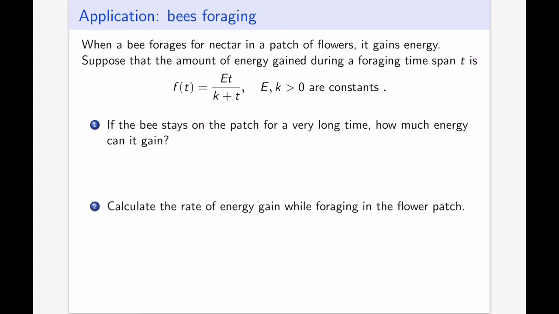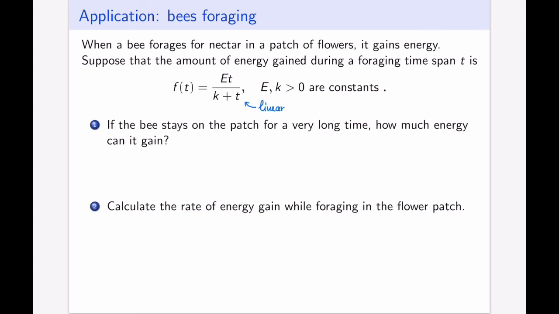It's very clear that as it forages, it gains energy. We've seen this already in our example of hummingbirds as well. And we're going to assume that the amount of energy gained during foraging is described by this function. The time spent on the flower is given by t. E and k are positive constants. Even before we get to any of the questions, we once again recognize this function as a linear Hill function,